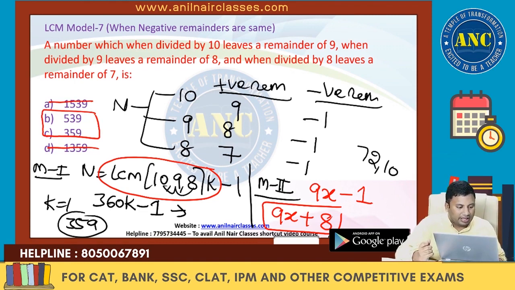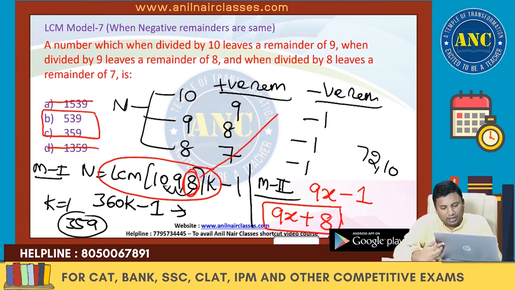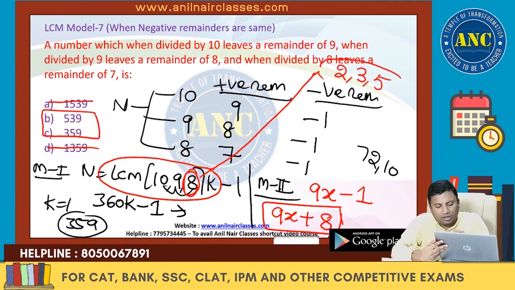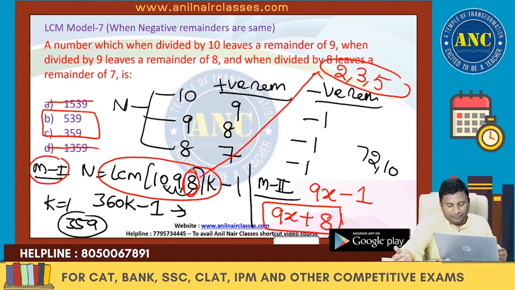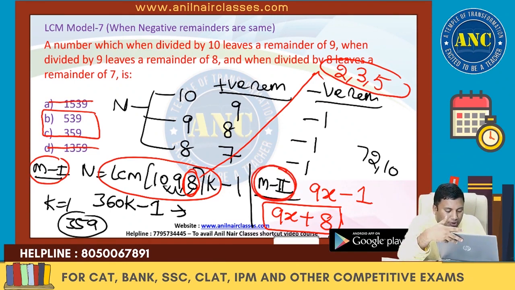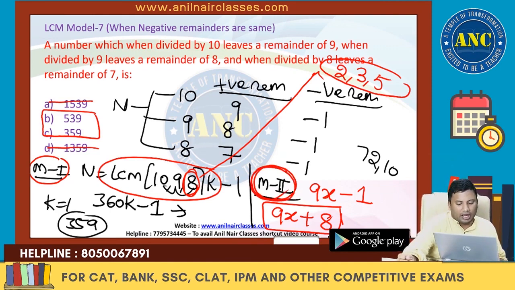Now next, if you see here, this is divisible by 4. Or you can use other prime numbers deriving from 10, 9, 8. What are the prime numbers hidden there? 2, 3, 5. Check by using 2, 3, 5. For smaller numbers method 1 seems easy, but as the number value increases, method 2 sometimes can help you to eliminate answer options. I hope it is clear.